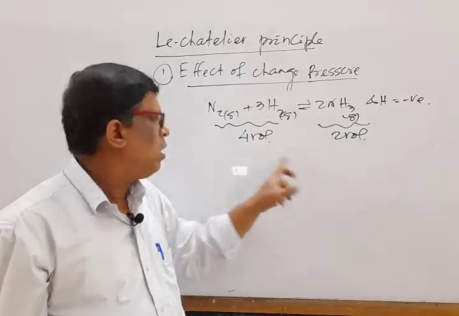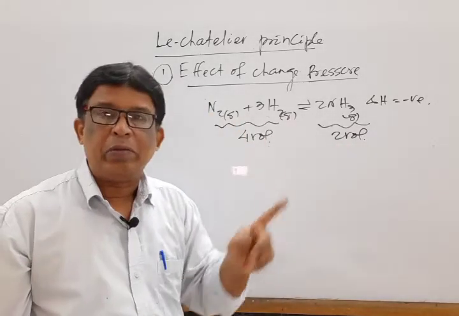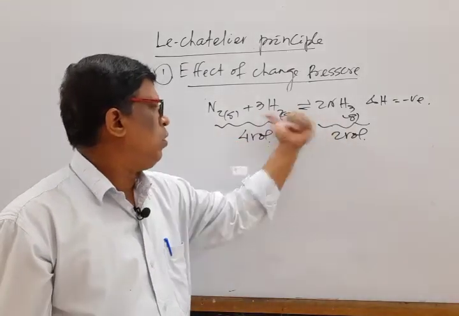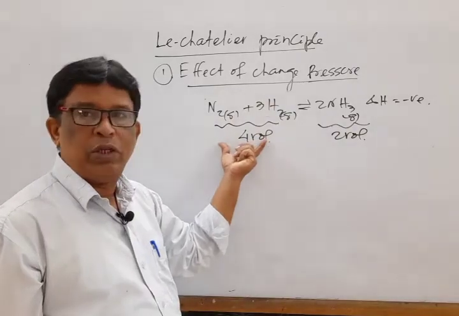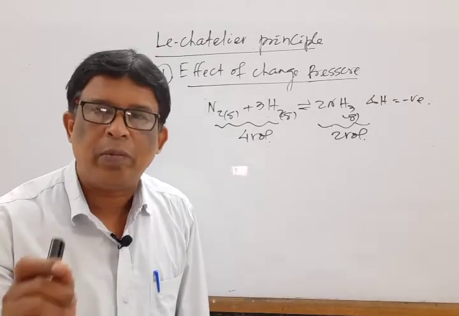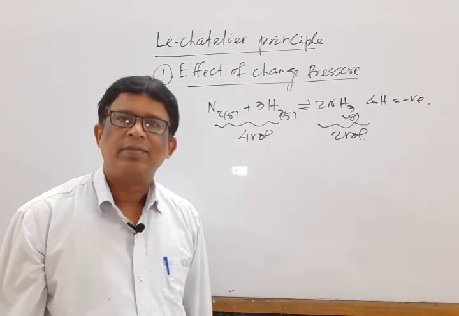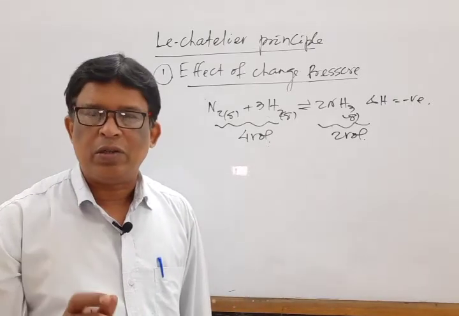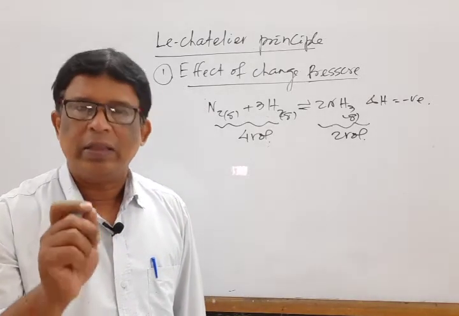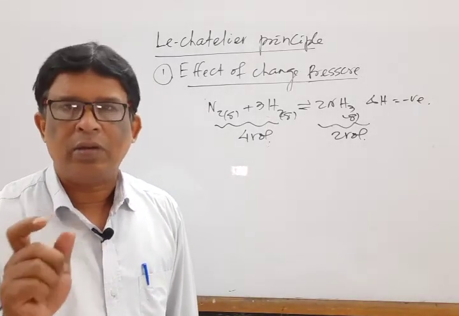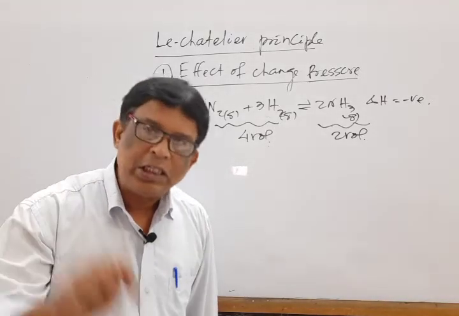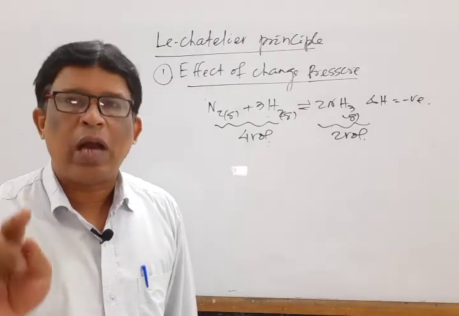On the other hand, here if we decrease the pressure, then equilibrium shifts to that direction where volume is more. If we decrease the pressure, then equilibrium shifts to backward direction as volume is more, forming more amount of reactant or less amount of product, which is not a favorable one. Okay. So from this we draw one conclusion that if we increase the pressure, equilibrium shifts towards the less amount of volume. Similarly, if we decrease the pressure, equilibrium shifts towards the more amount of volume.